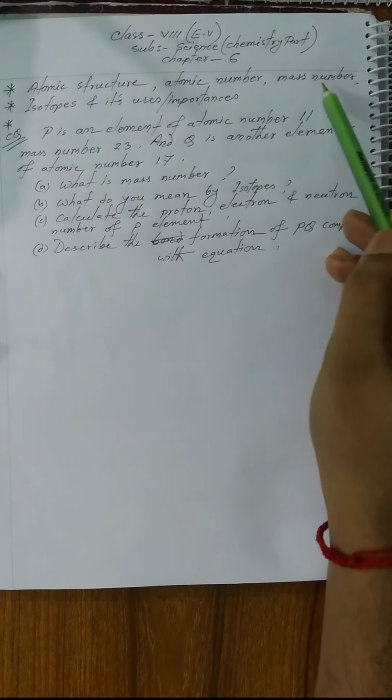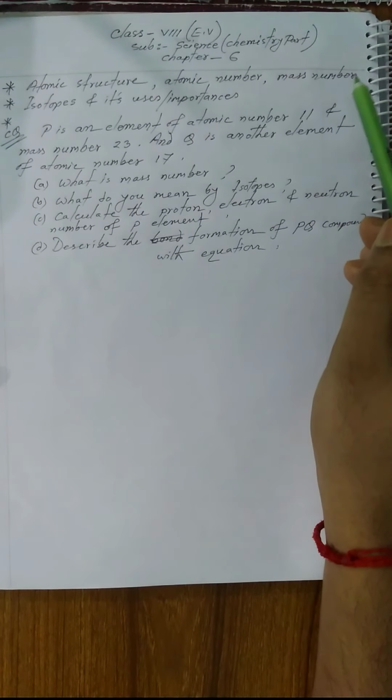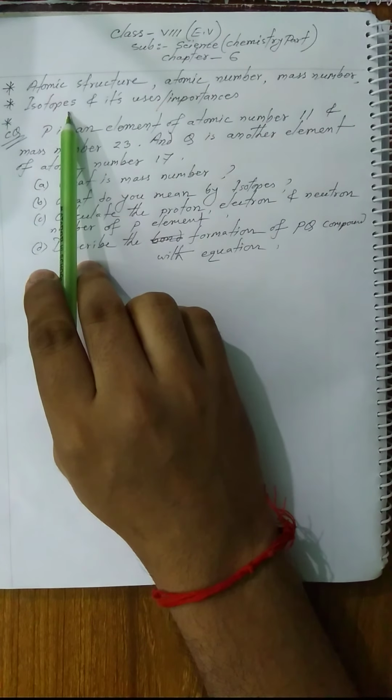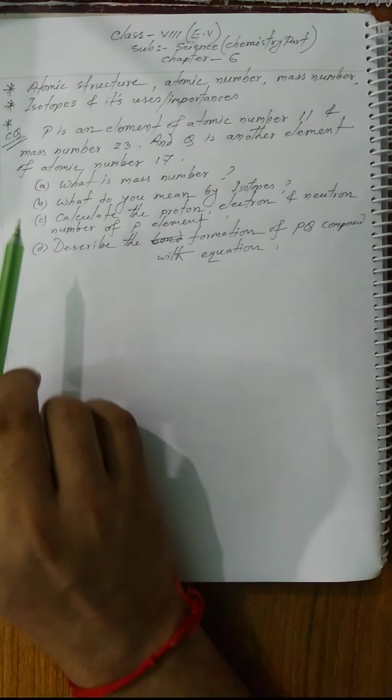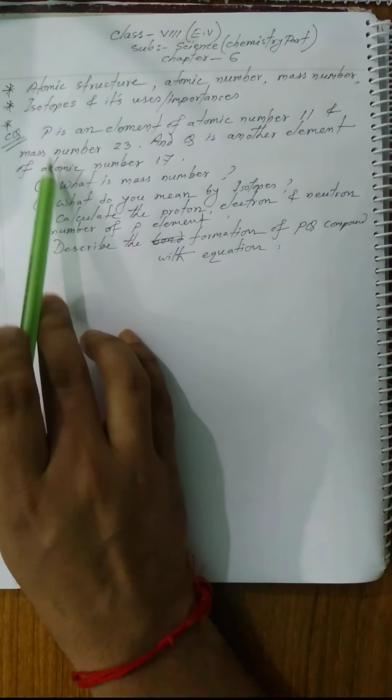Today I want to discuss chapter 6, chemical structure. This is your revision class. So the topics for today: atomic structure, atomic number, atomic mass or mass number, isotopes and their importance, and a creative question, which is that